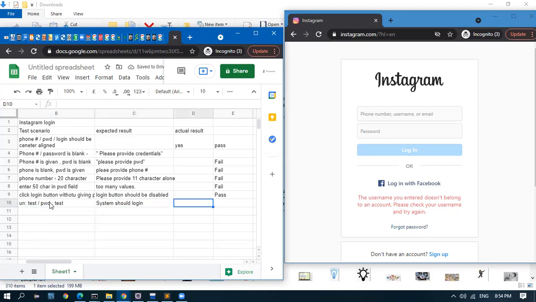Instead of a user testing it, we will write it in code, giving the username as test and password as test, and the code will check whether the system is logging in or not. So that example we will see tomorrow. How do we write one test case for a Java program? We have lots of tools as well, so we will see tomorrow in detail what they are.